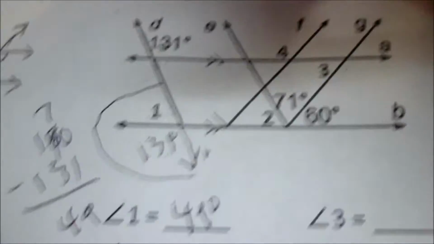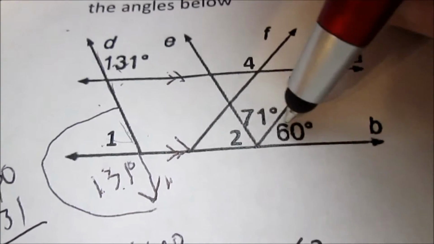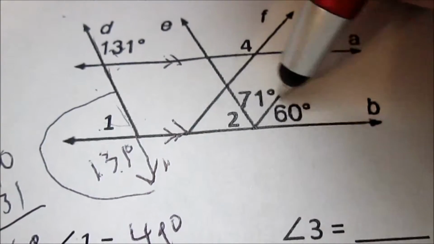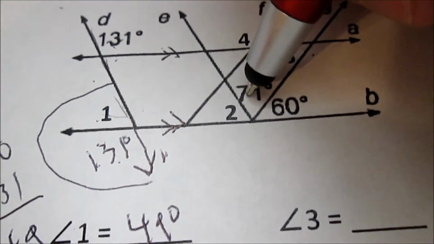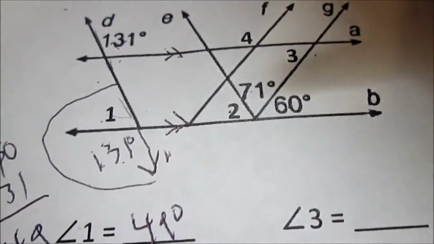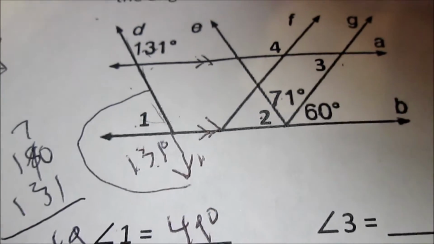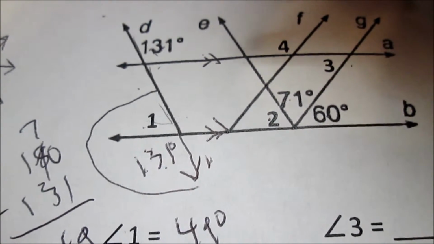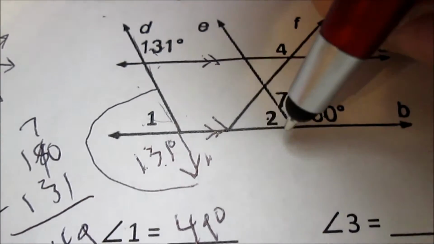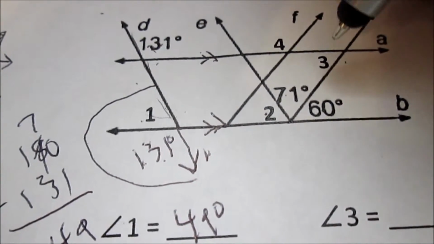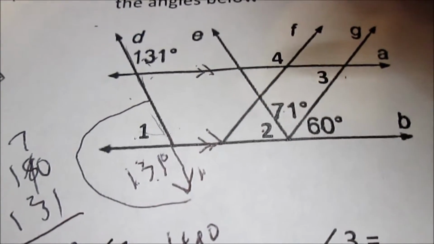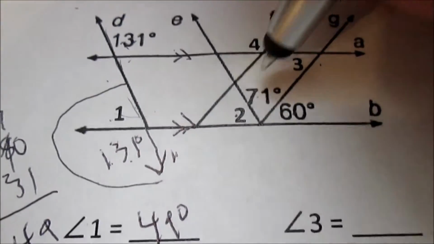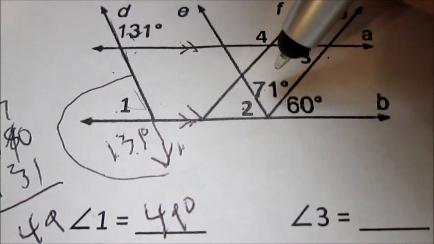Next one, angle 2. Over here, there are several different ways you can do this. You can add these up. Again, linear pair. Well, these are 3 of them, so it's not really a pair, but they will all add up to 180. You can do 180 minus 71 minus 60 and get angle 2. What I'm going to do is do it a different way. I'm going to start by finding